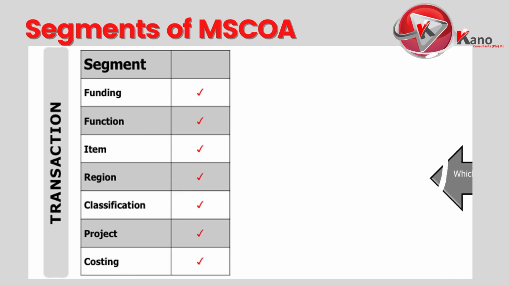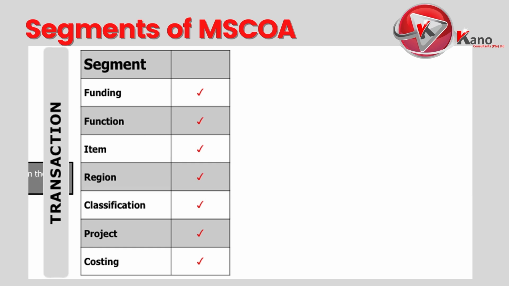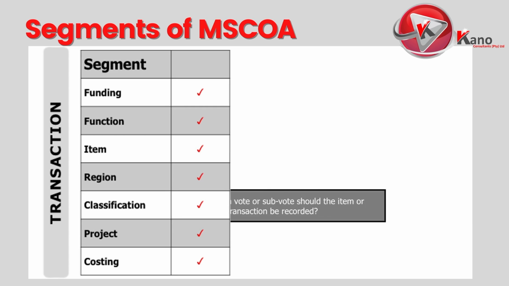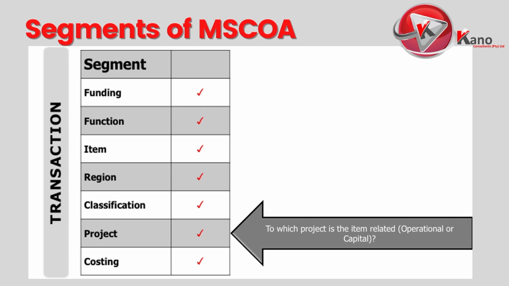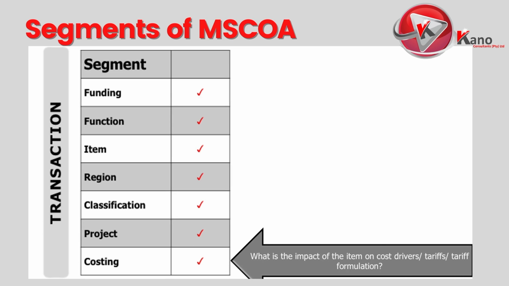The region segment identifies the geographical area to which the benefit of such item would be derived. For example, which ward, department, or directorate will ultimately benefit from this transaction? Under the classification segment, a specific organizational vote or sub-vote to be used is identified to record the item or the transaction. The project segment, on the other hand, identifies whether such item or transaction would constitute an operational or capital project. Lastly, the costing segment identifies the impact of the item or transaction on the cost drivers, tariffs or